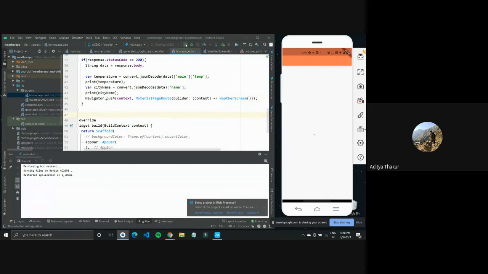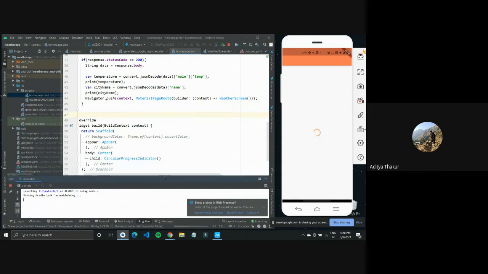I'm getting some issue with the new screen not being pushed in when I restart this application, so I might have to restart it from scratch.